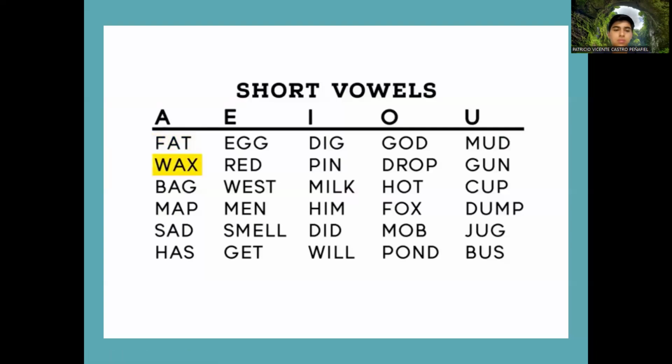Fat, wax, bag, map, sad, has, egg, red, west, men, smell, get, dig, pin, milk, him, did, will, God, drop, hot, fox, mob, pond, mud, gun, cup, dump, jug, bus,